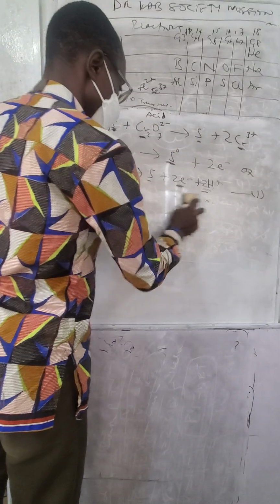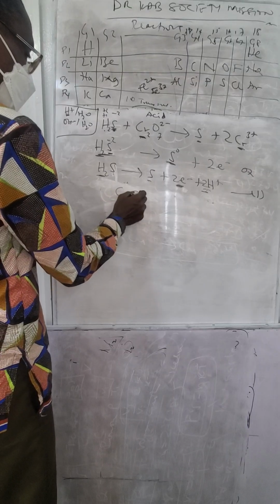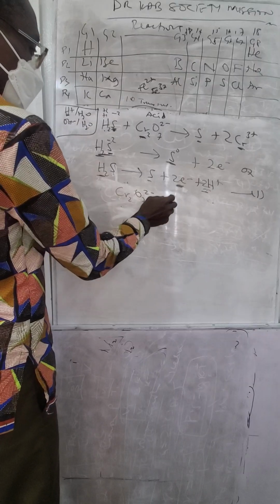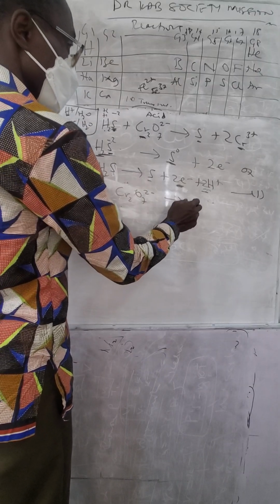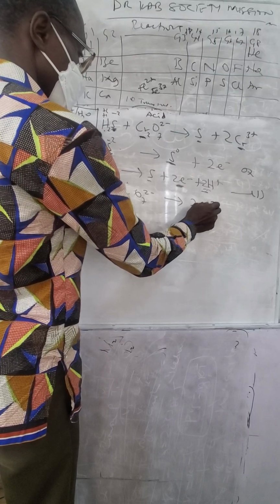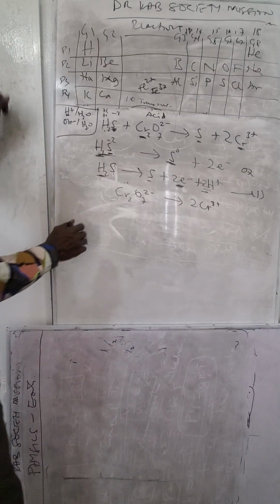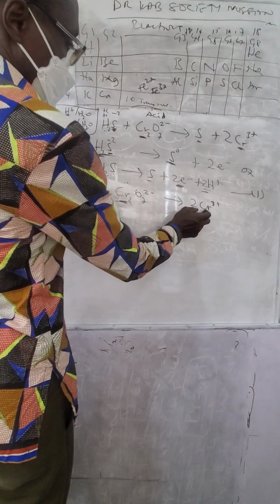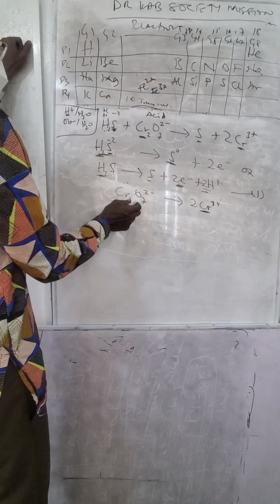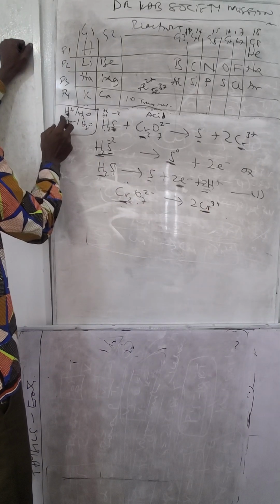So let's write it well. Let's balance the atoms first. Here we have 2 chromium, and here we have 2, so that's balanced. But oxygen we have 7 here, and we don't have oxygen here. To balance the oxygen, we use what? Because it is an acidic medium,